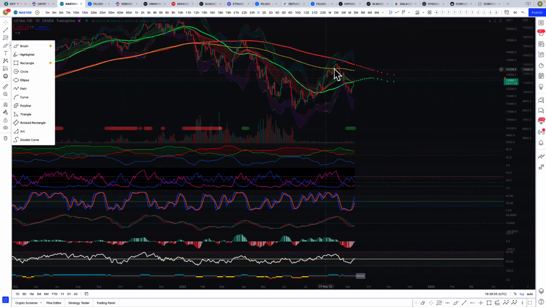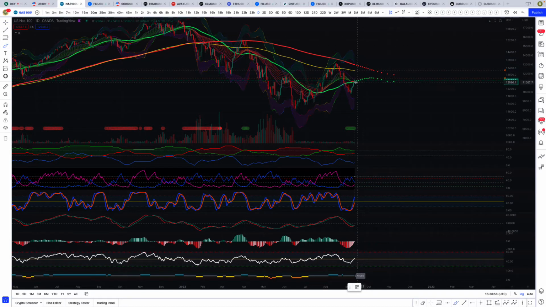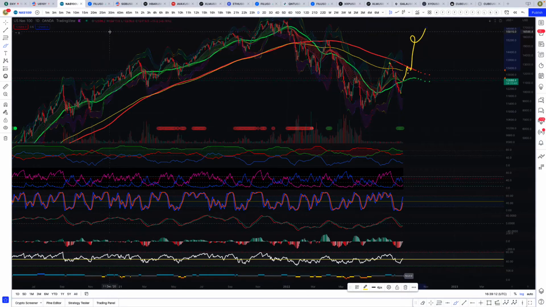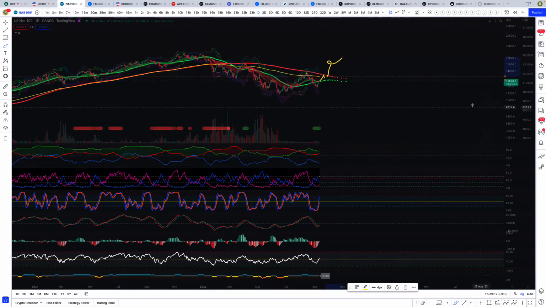If we can get back up here and hold it as a key level, that would be like the last retracement from this point to that point. It's like the 0.786 up here. And then if we can break above, we're going on a massive bull market for the stock market and then for cryptos as well. And it's likely the dollar is falling hard right there. So that's what I'm seeing out of that.